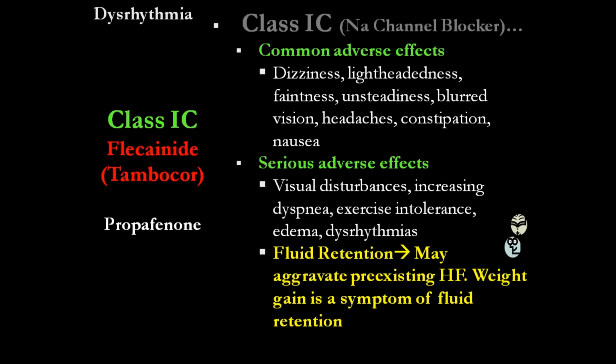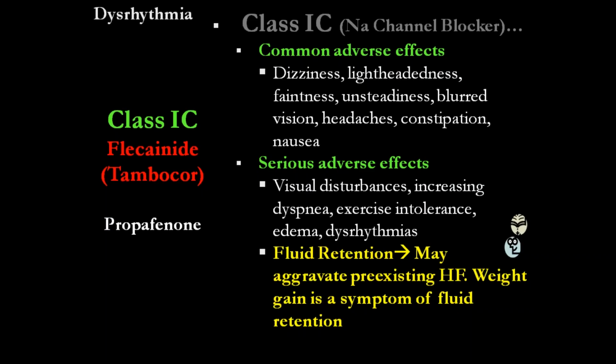The 1C is going to block the channels of sodium. So we have 1A, 1B, and 1C, but there's a difference between them that we just mentioned. That's why we have A, B, C. In the 1C, it can produce fluid retention, and you need to be extra careful with 1C. Why? Because a patient who has heart failure can actually